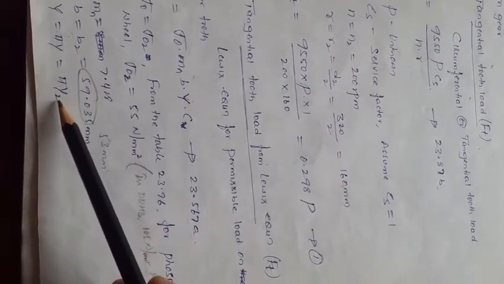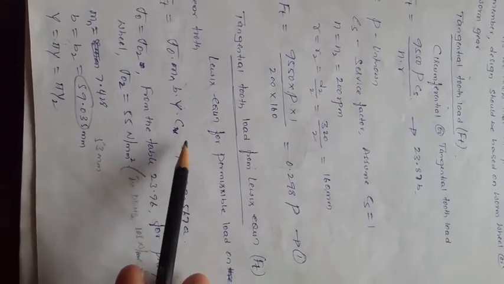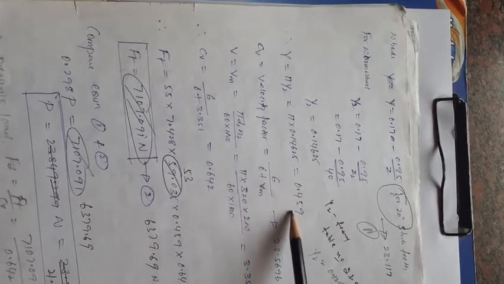Here we remember the Lewis tooth form factor, pi into y2. Now Cv is the velocity factor. The Lewis tooth form factor we can obtain from equation 23.117 for 20 degrees, or directly we can use table 23.95. From table 23.95, the y2 value for 20 degrees is 0.125, or you can use this formula, you get 0.14625. Now take any value you can take here, approximately you get capital Y is 0.459.